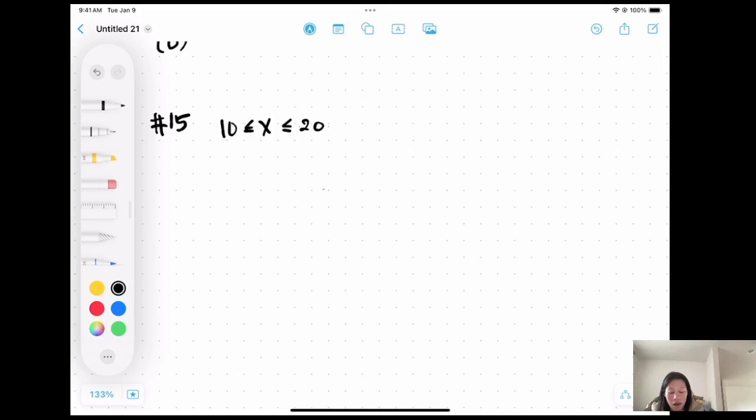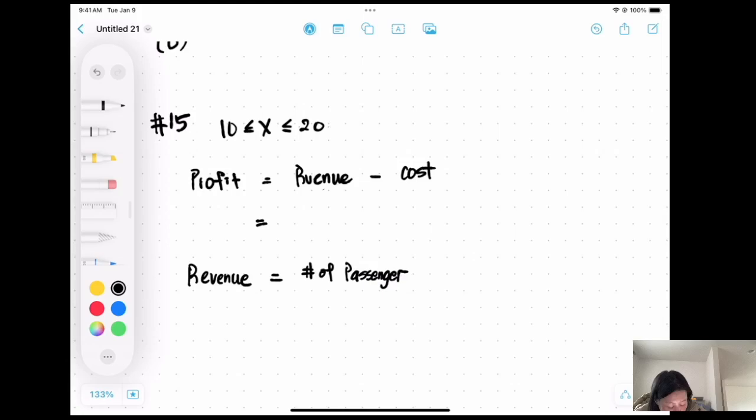Well, profit is equal to the revenue minus the cost. Now we need to know how to find the revenue and how to find the cost. The revenue is equal to the number of passengers times the sales per ticket. The number of passengers we don't know, so we let it equal X, as we defined it at the beginning of the question. The sales per ticket is a little bit tricky. It really depends on the number of people, but we know that